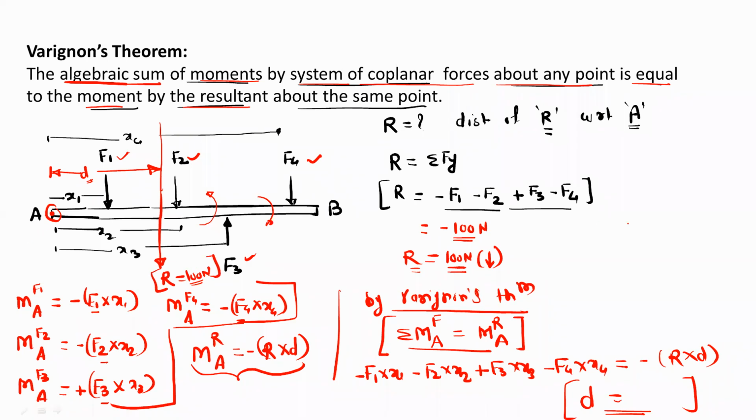In case of concurrent force system, we know the point where resultant will act. It is nothing but the same point. So suppose we have different forces like this. So this is a concurrent force system. And for this concurrent force system, if you find out the resultant, then we know exact point for the application of resultant. It is nothing but the same point. So suppose resultant in the first quadrant, but resultant will definitely act at this point only in case of concurrent force system.